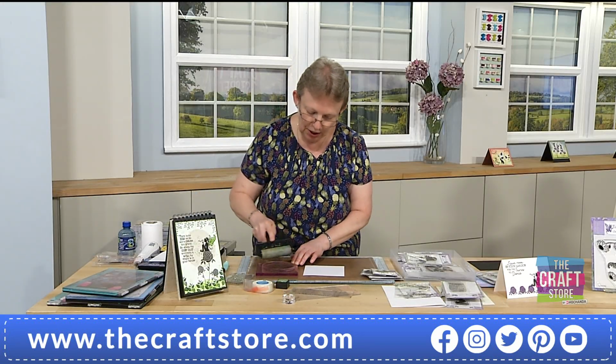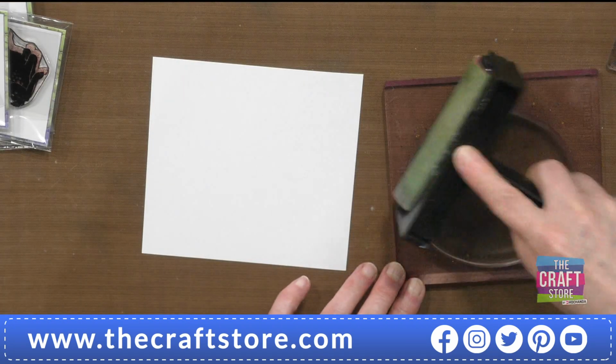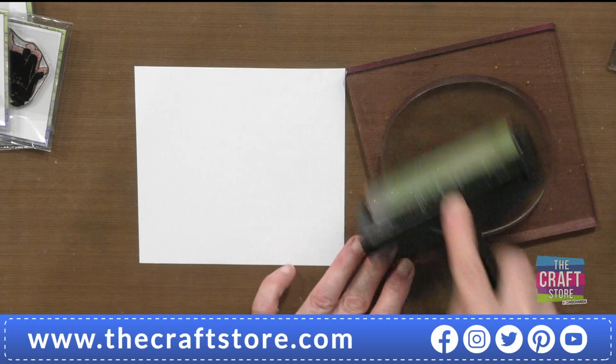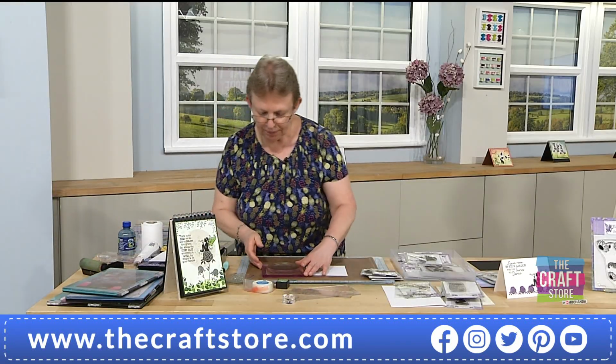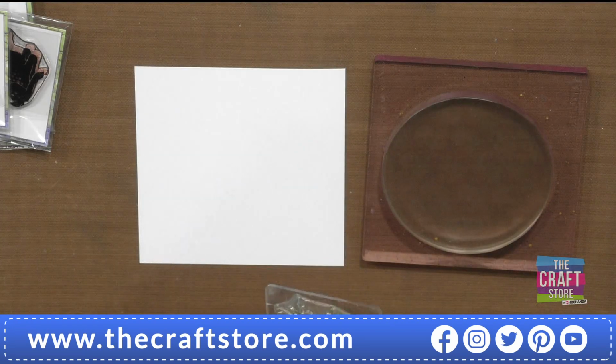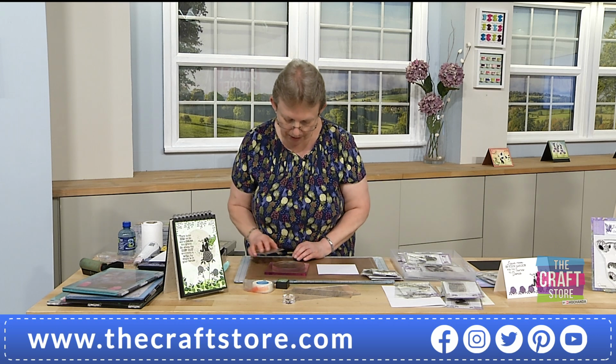And I'm just using my brayer. This is one of the Sentimentally Yours brayers, the soft brayer, to move the ink around. And I know you can't really see it. The magic will happen shortly. Fabulous. And then this is the Frilly Branches, one of them from the one-day special. And all I'm going to do is